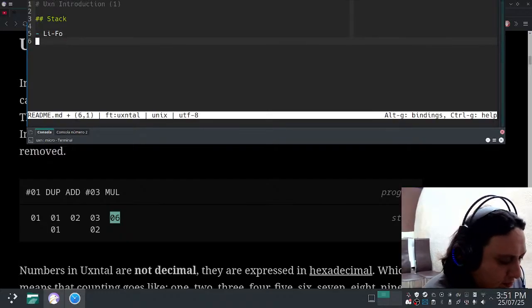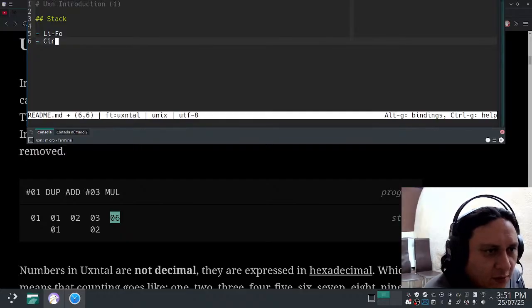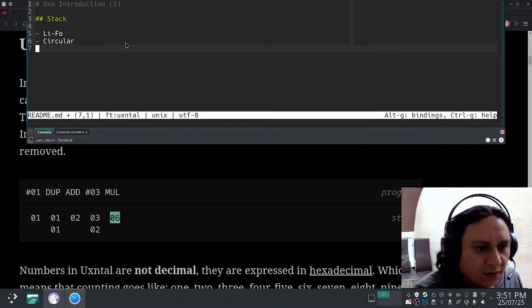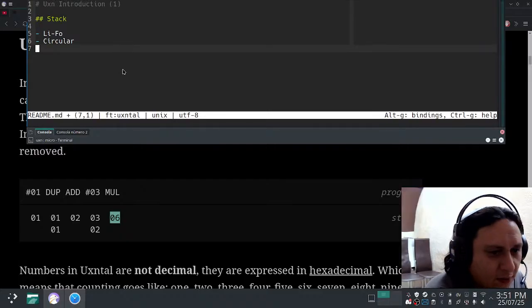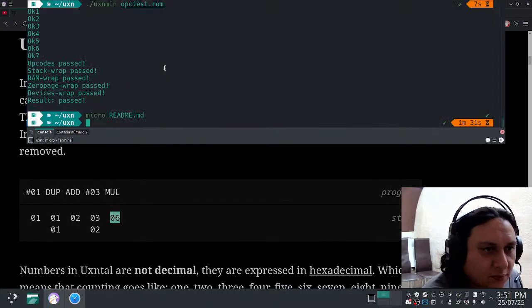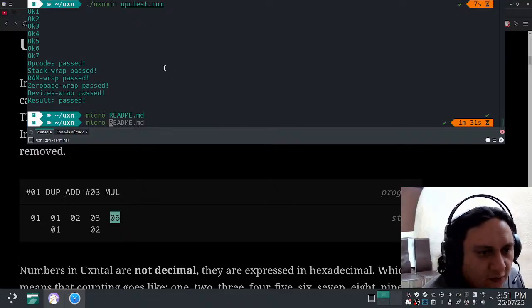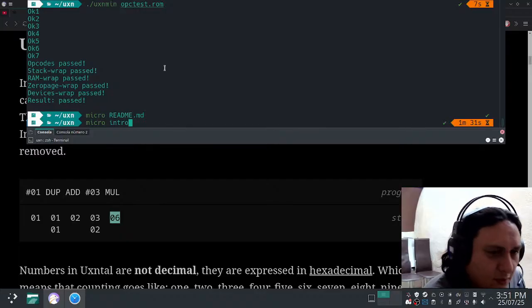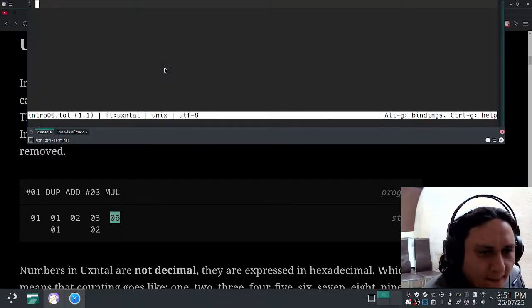Also, it will be mentioned, but the stack is circular, and we will add some more details about what this means. Right now, let's run this small snippet here that we have. So for this, I'm going to create a new file. Micro is my text editor of choice, but you can use any other editor if you want. Let's call this intro00.tal,